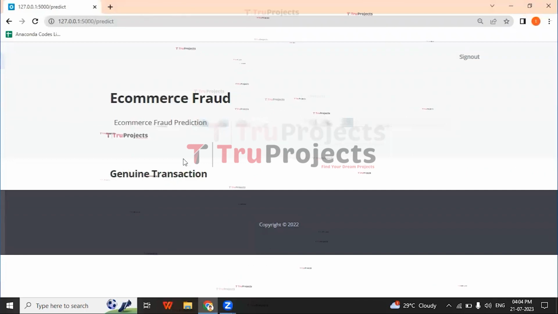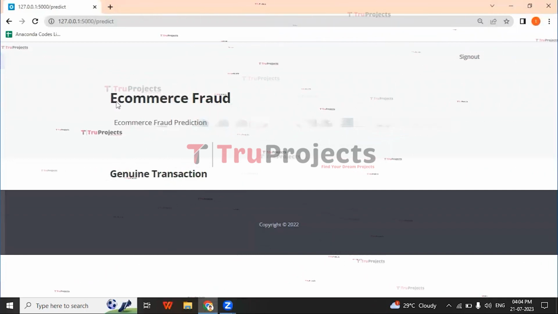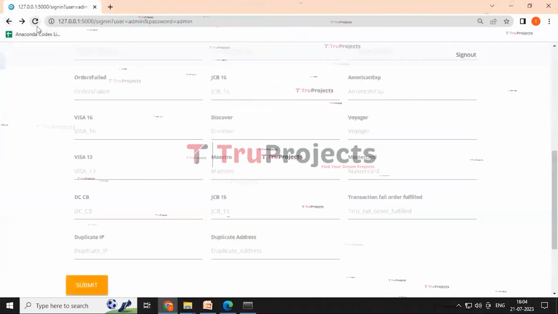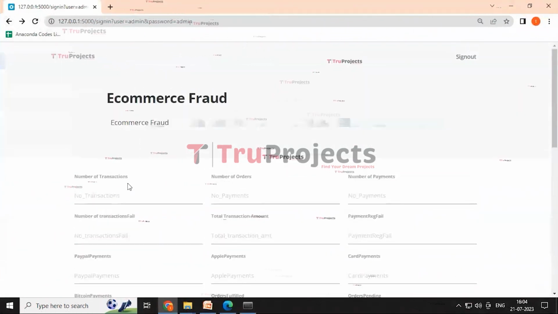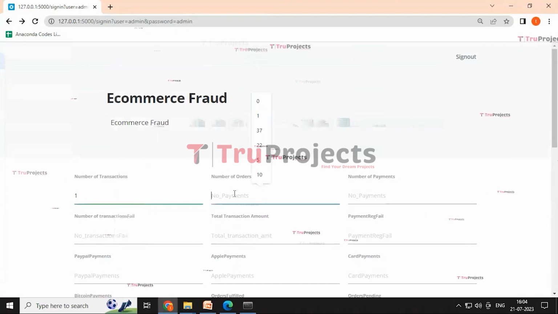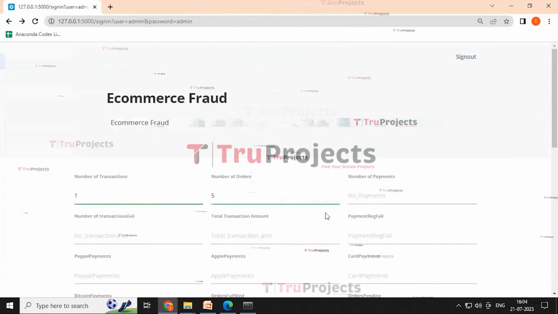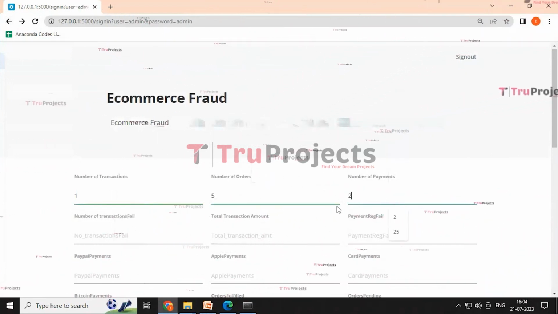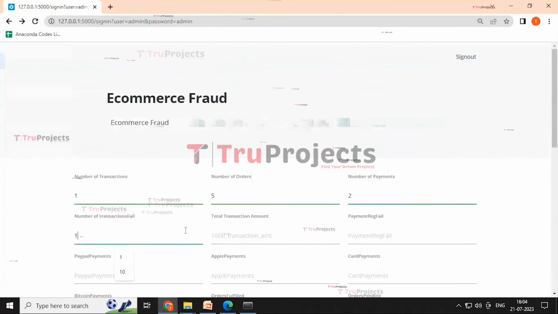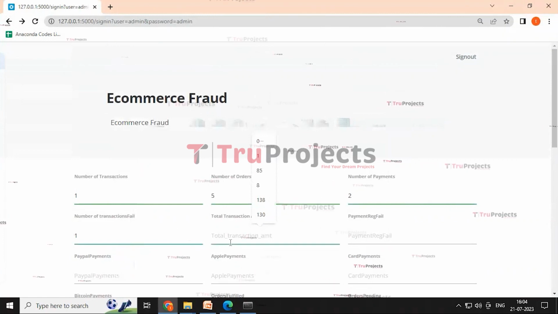And we got the result as genuine transaction. Press this back button and refresh. Here we can enter other details: number of transactions 1, number of orders 5, number of payments 2, number of transaction failed 1, total transaction amount